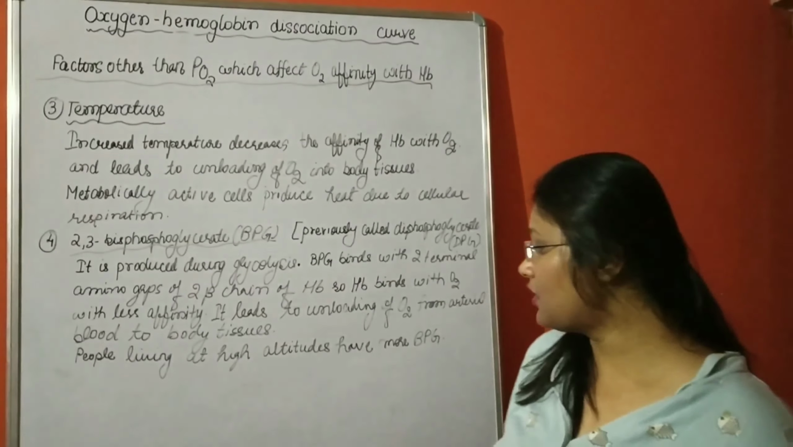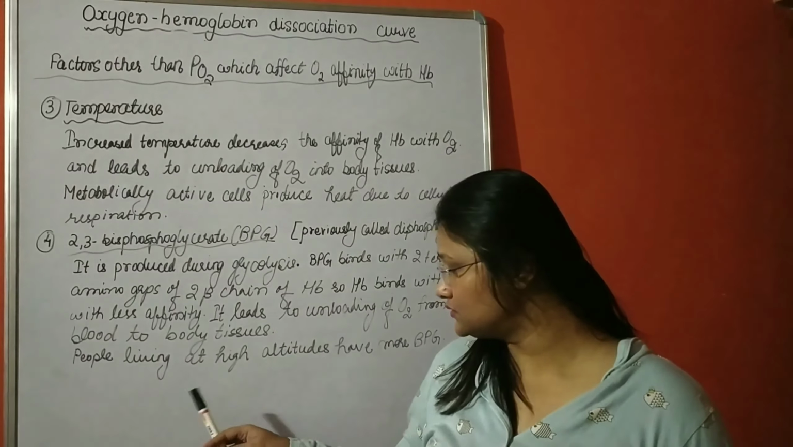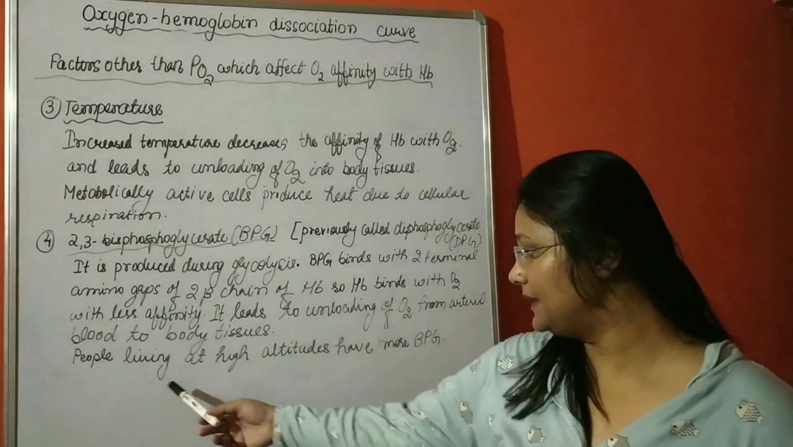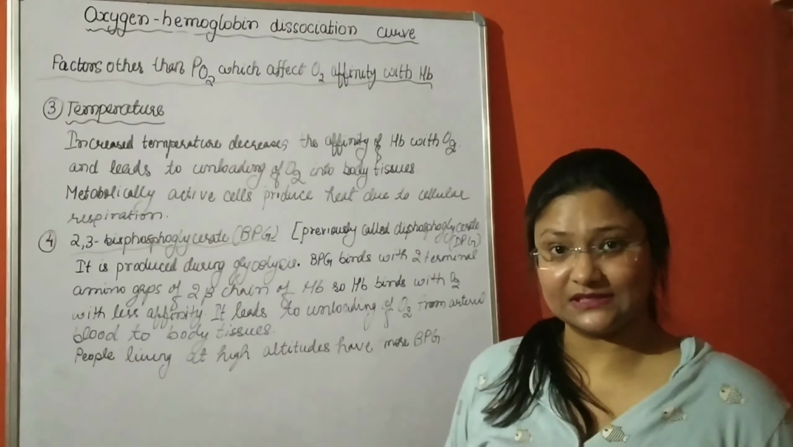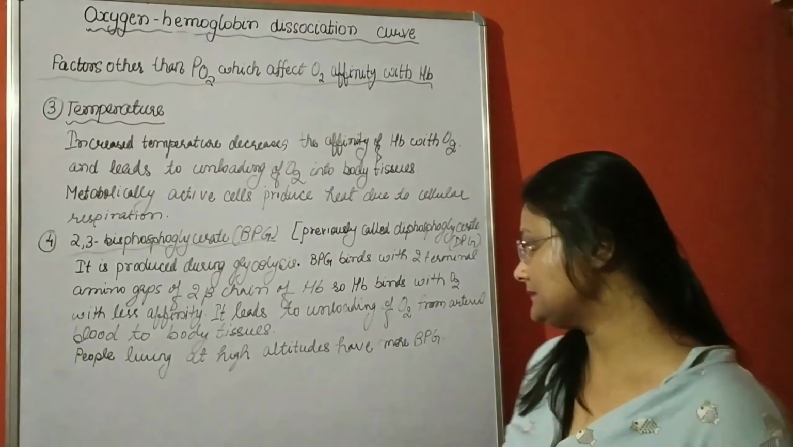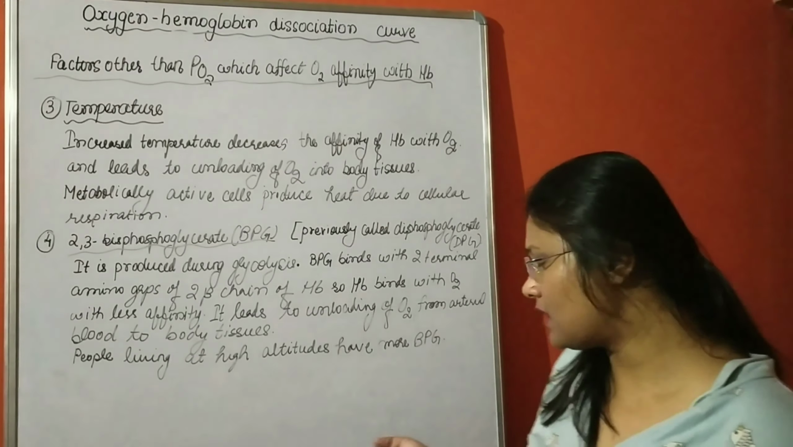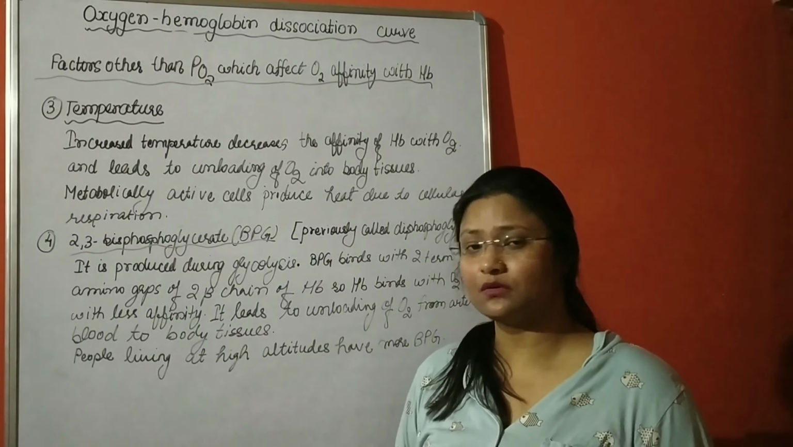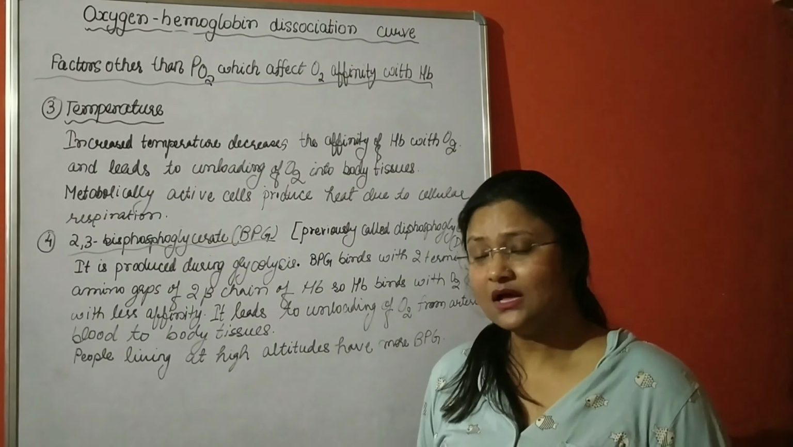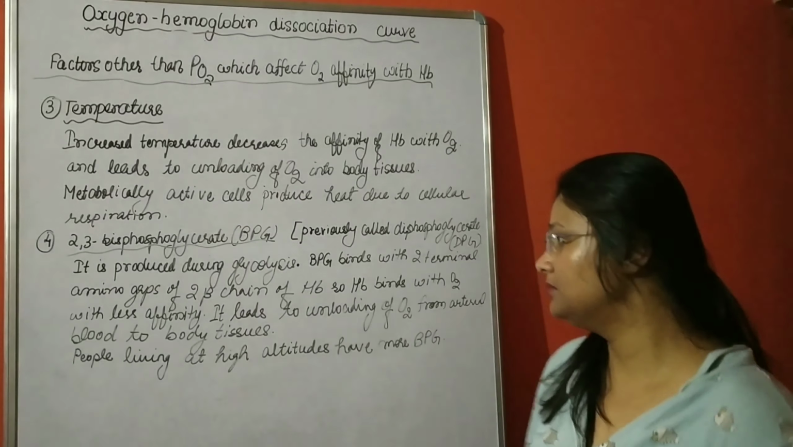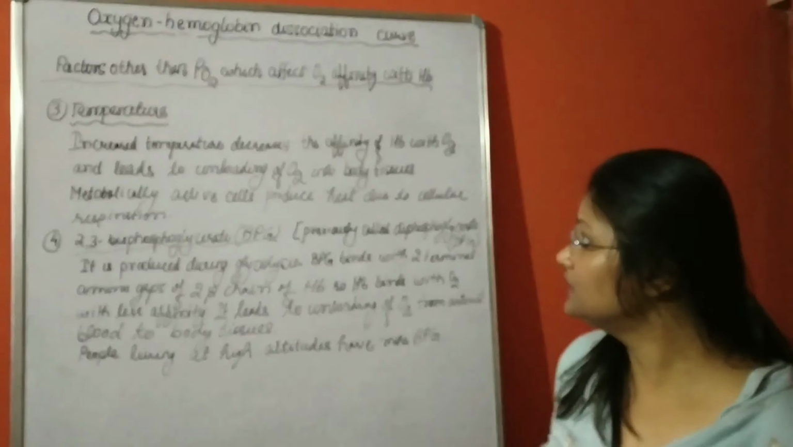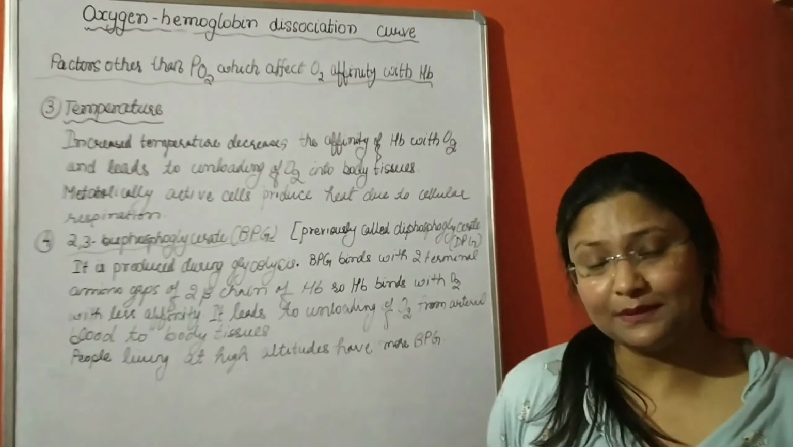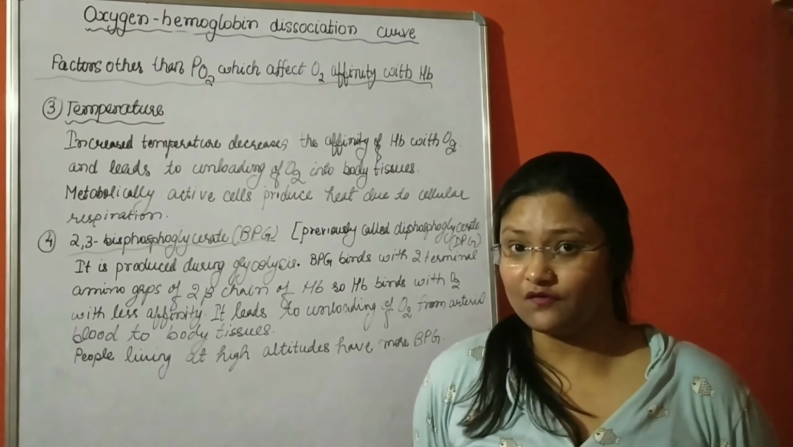And one more thing I would like to cite, that people living at high altitudes naturally have more BPG. Apart from this, some hormones like epinephrine and human growth hormone also cause production of a large amount of BPG. So these are the 4 factors other than PO2 which affect the binding of hemoglobin with